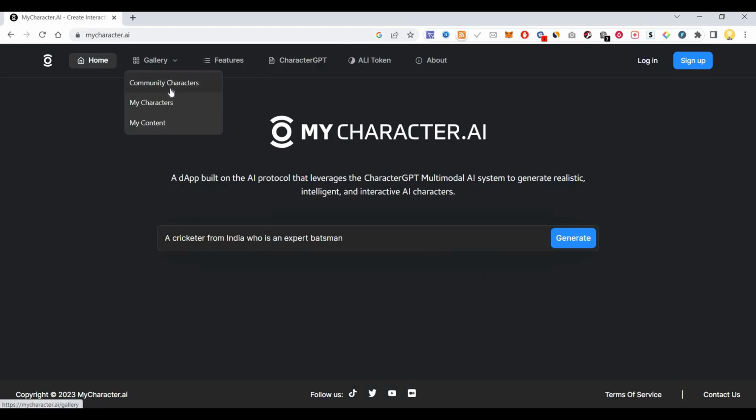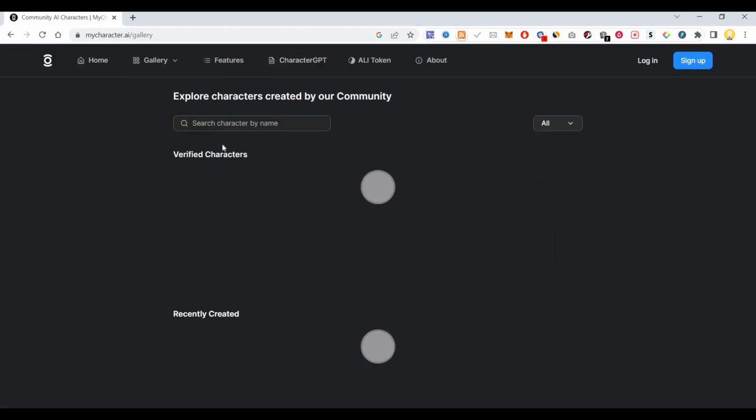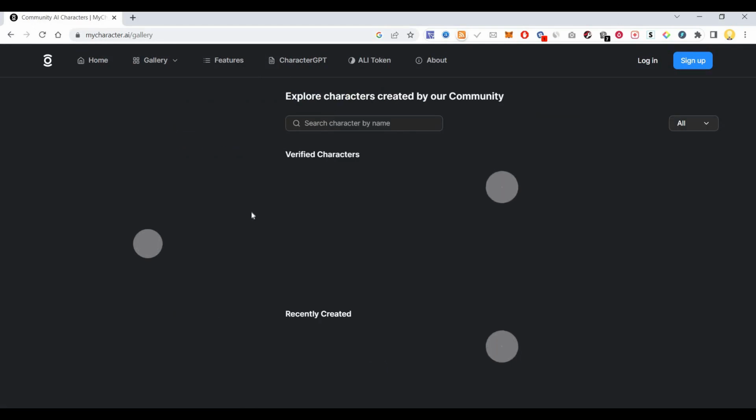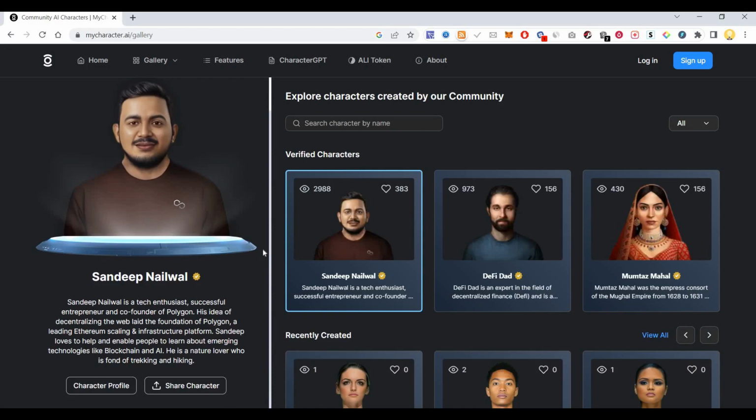Here are some of the characters which are already there: community characters, verified ones, and recently created ones. Sandeep Nilwal is a tech enthusiast, successful entrepreneur and co-founder of Polygon. If you see the character profile, then you can interact with the character.